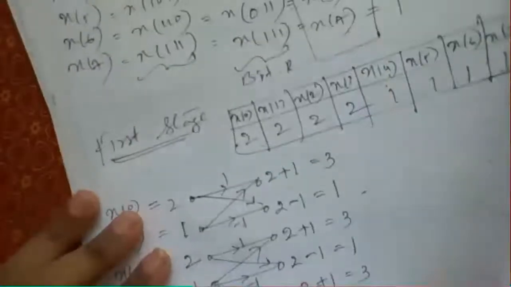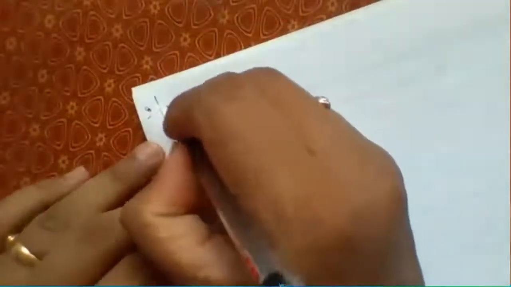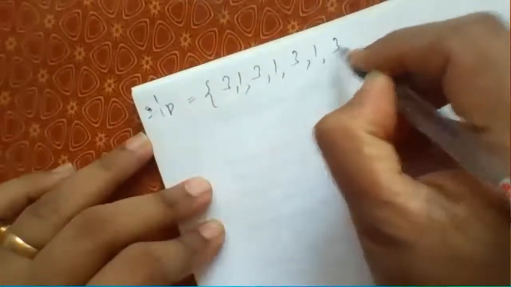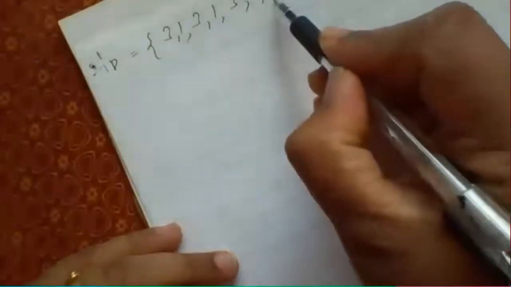So going to the second stage, here we get the twiddle factor multiplication. Therefore neatly you need to draw the second stage, but before that we will write what are the inputs for the second stage. The inputs for the second stage are 3, 1, 3, 1, 3, 1, 3, 1. That is the result of the first stage. That's all. Now you need to apply these 8 samples as they are.